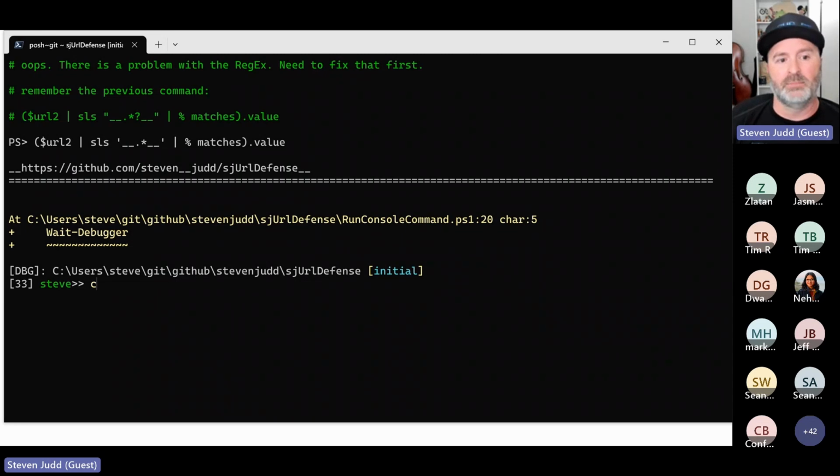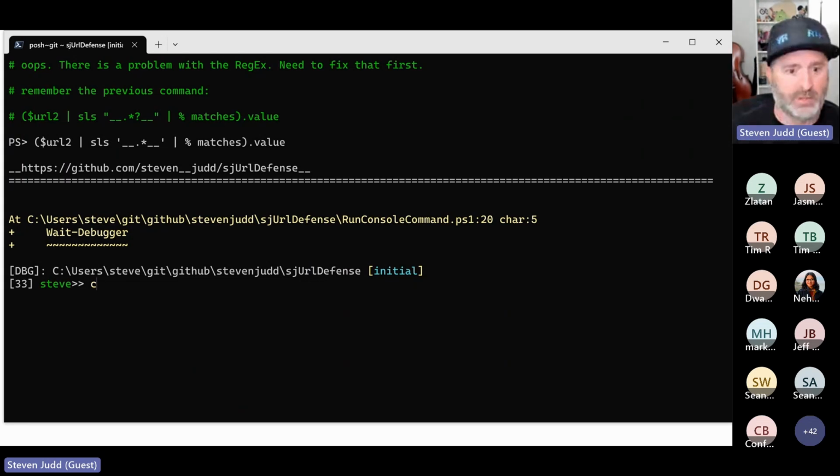And then the asterisk means 0 or infinite number of times, not truly infinite, but as many as you can get, and then 2 more underscores. So that's why it pulled back the double underscore HTTPS, the rest, Steven underscore Judd, the rest, all the way to the ending double underscores.